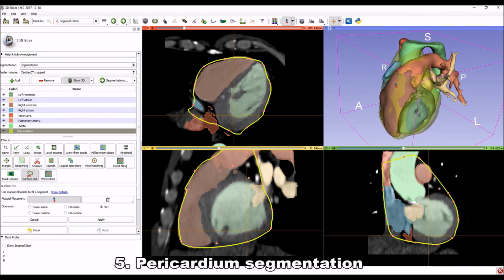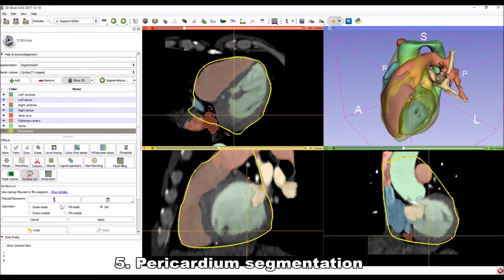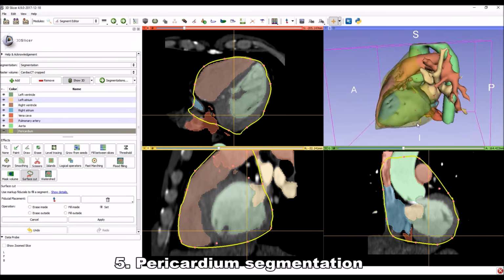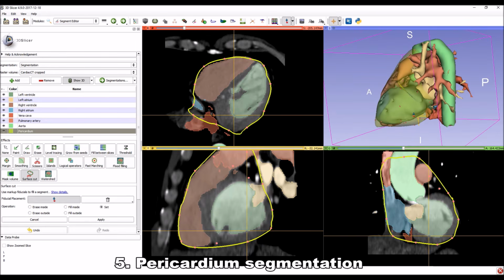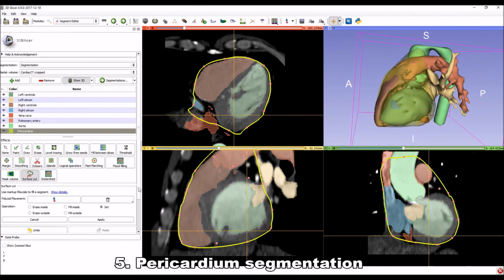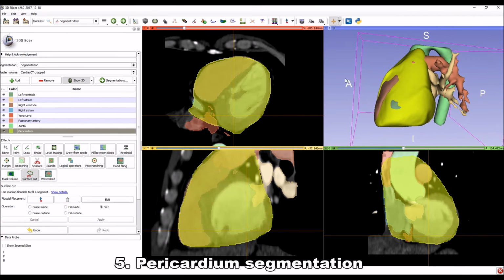If I miss any point, I just drop one there to make sure it's included. And once it's done, it's important to click apply